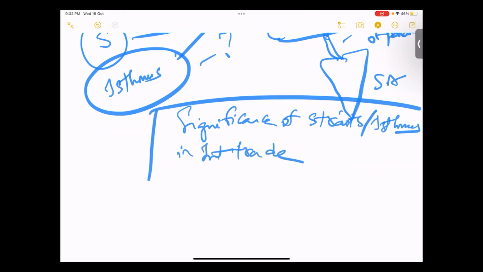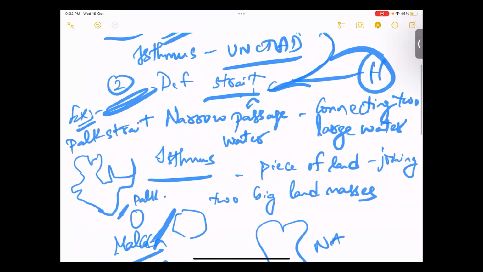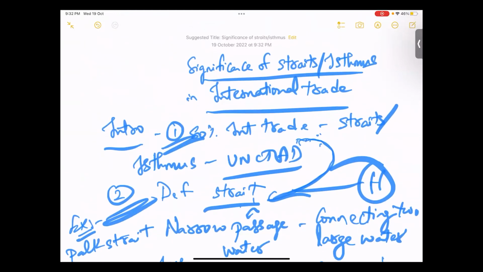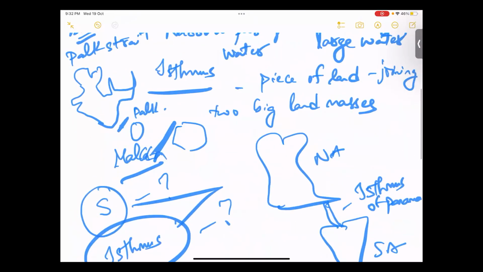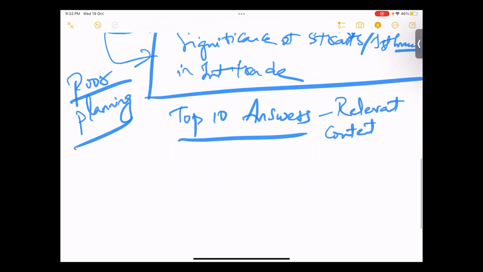But I am sorry to say, if you are in a position that you have to write only this part of the answer because of time constraint, you have made a very poor planning of your mains paper, because this is considered to be one of the easiest questions in a mains exam, and this has to be attempted in your top 10 answers. Because here, if you write all the relevant content,